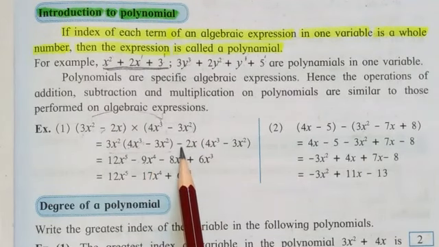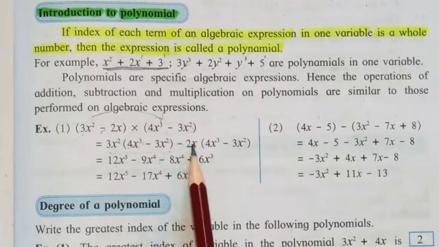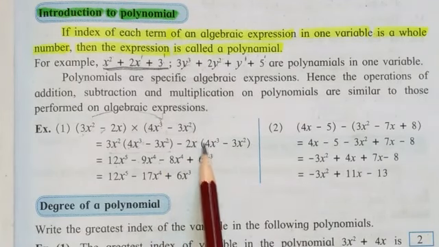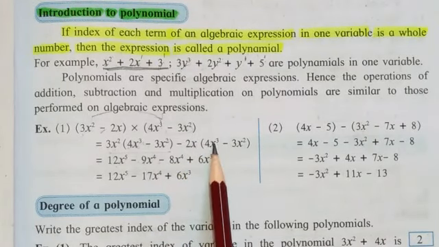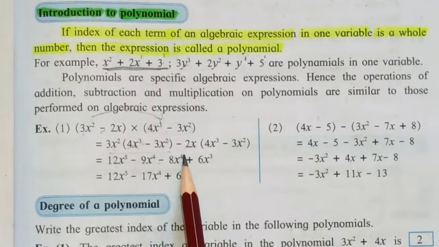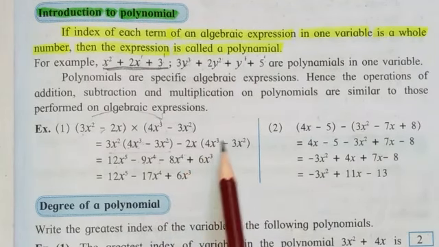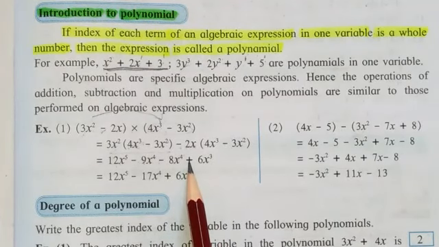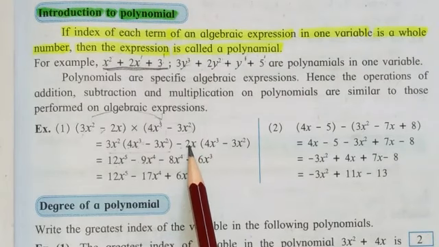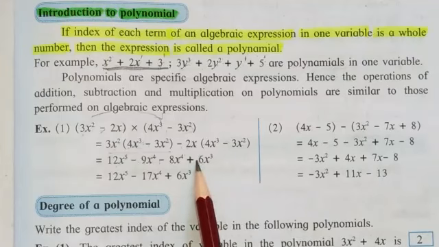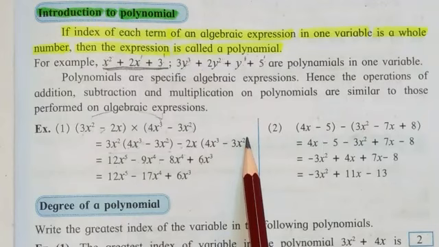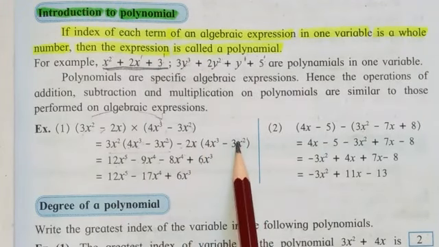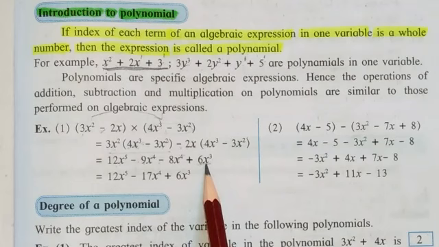Then in this case, this negative symbol will remain as it is. This 2 is going to multiply with the 4. 2 4s are 8. X and x raised to 3. So 3x plus 1x, x raised to 4. Then this negative symbol and this negative symbol, negative will become positive. So here we have to write plus. Then 2 multiplied with the 3. 2 3s are 6. 6 will be here. X is going to multiply with the x square. X square and then x raised to 3. It will be 6x raised to 3.